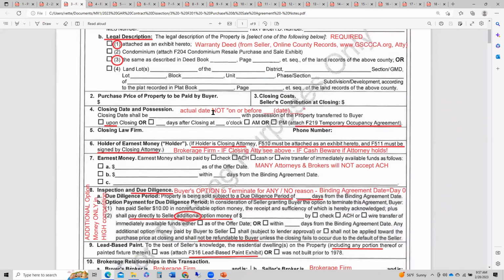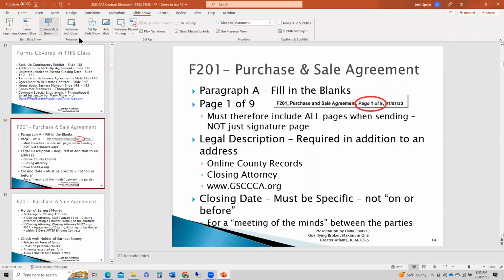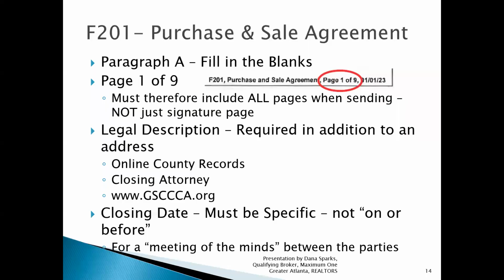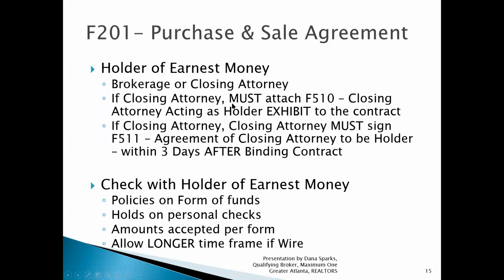You are not going to put "on or before May 31st," because that does not demonstrate a meeting of the minds, and that is required for enforceability for real property. For a contract for real property, you can always change it via amendment, but do not put "on or before." And then under the section where it talks about earnest money, you are going to fill in either a